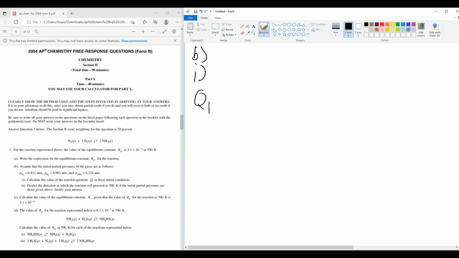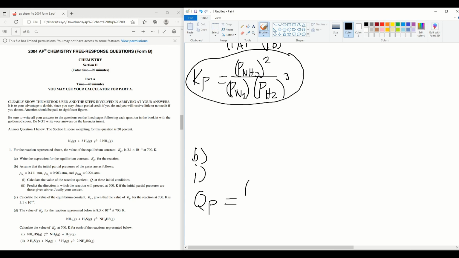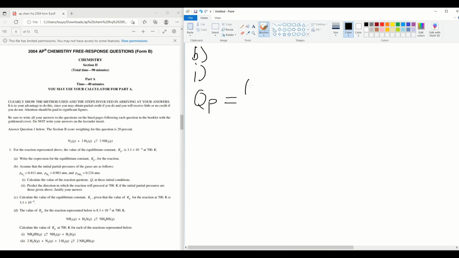So it's going to be QP is equal to, like the expression we just found above, except instead of Kp, it's going to be QP. So QP is equal to the pressure of NH3 squared over the pressure of N2 times the pressure of H2 raised to the third power. So we just plug in these values to where the pressure of NH3 is, and the pressure of N2, and the pressure of H2. So we get QP is equal to